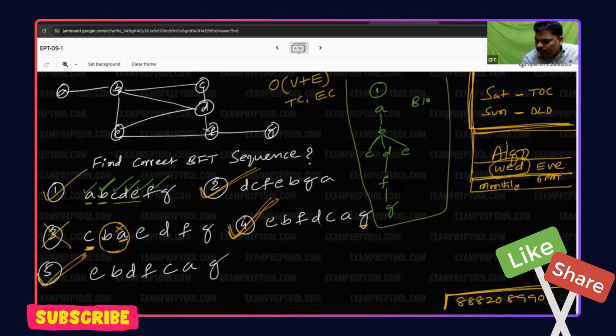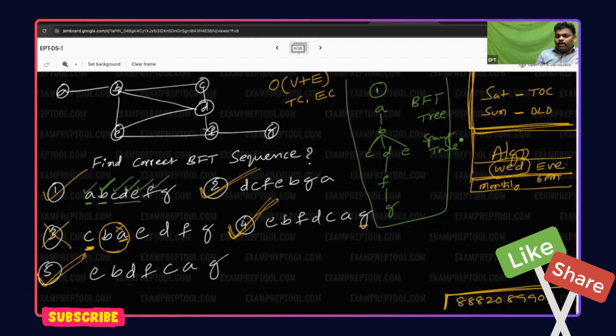the BFT tree, breadth first traversal tree, which is also called a spanning tree. BFT spanning tree, because it has no cycle and is connected. BFT spanning tree, or BFT tree. Every valid BFT sequence will produce one BFT tree. So to get more clarity about this,